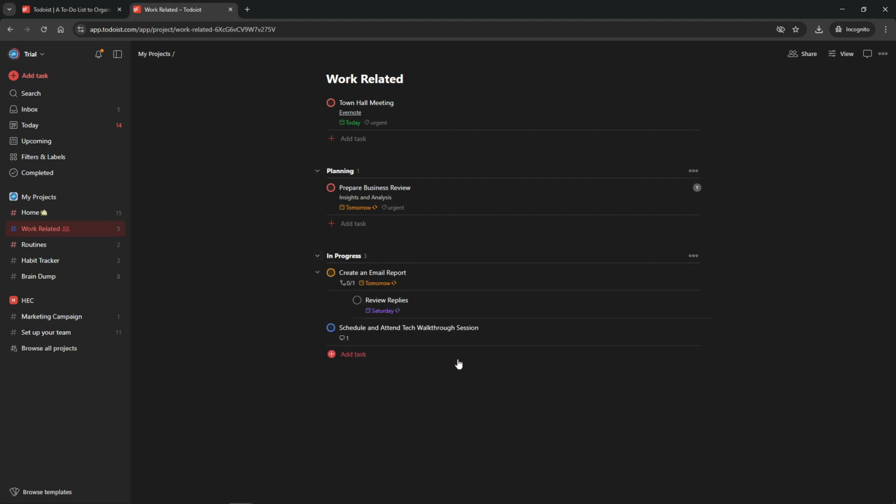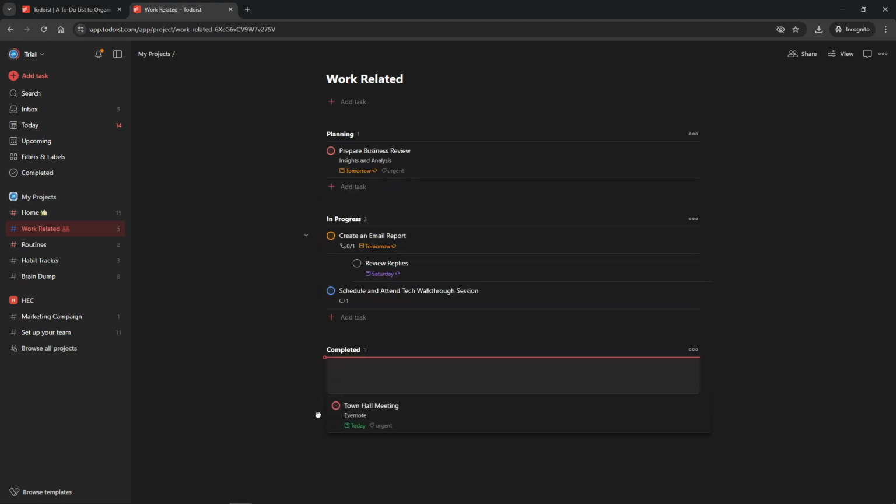flow. As tasks pile into your project, you'll need an effective system to prioritize them. That's where sections come into play again. Use these sections to categorize your tasks by urgency. You could have sections titled Urgent, Important, and Optional. This way, when you glance at your project, you'll immediately see what needs your attention first, making priority management a